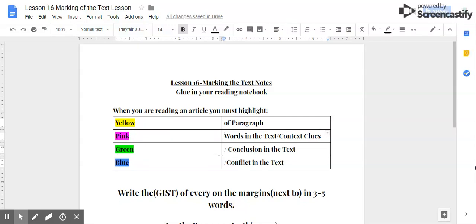Welcome to Lesson 16. This is the marking of the text lesson. Now, I'm not going to ask you to mark a text in this lesson. You're just going to record your notes on how to mark the text. So I will be polling all of you for a lesson on how to actually practice and highlight a text. But right now, you're just recording your notes because we're going to have different colors that have